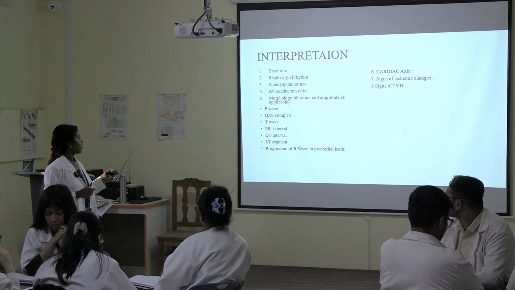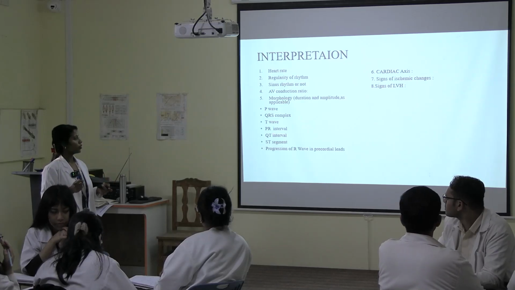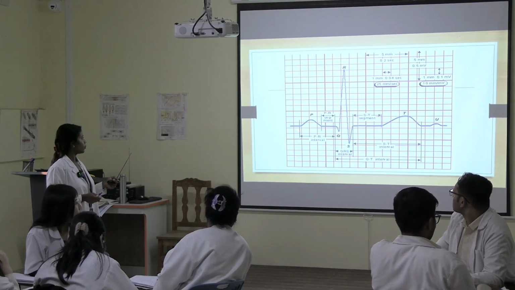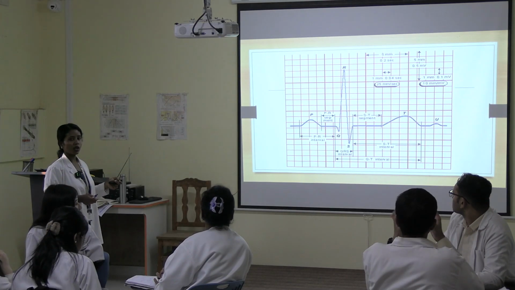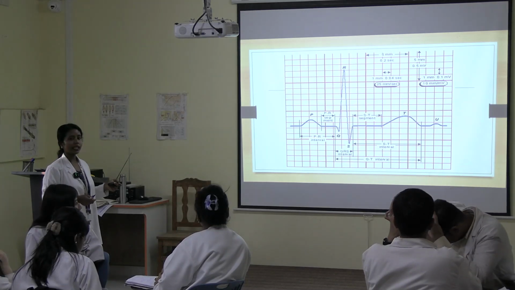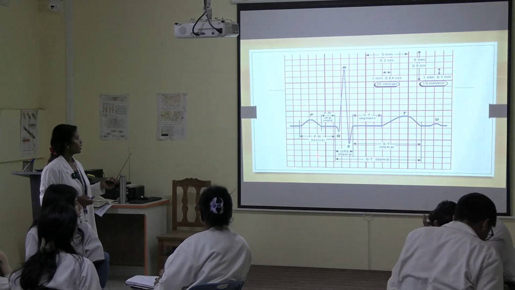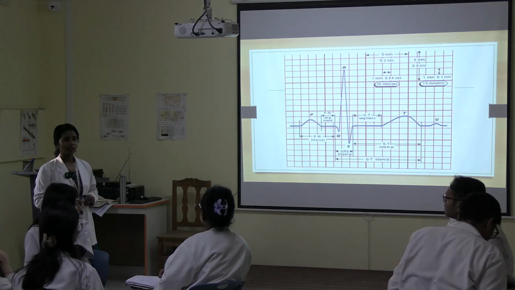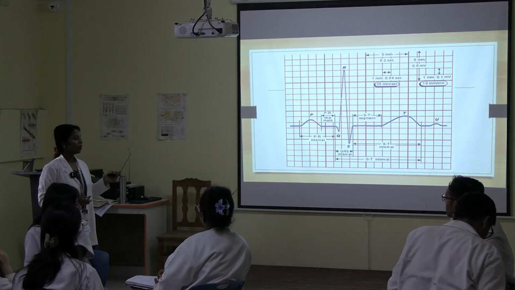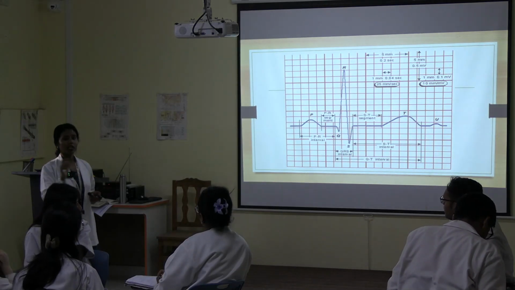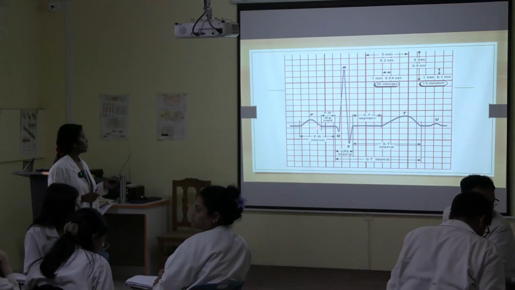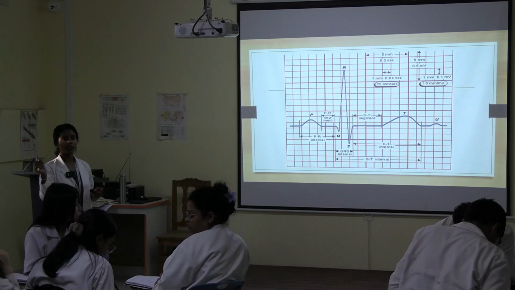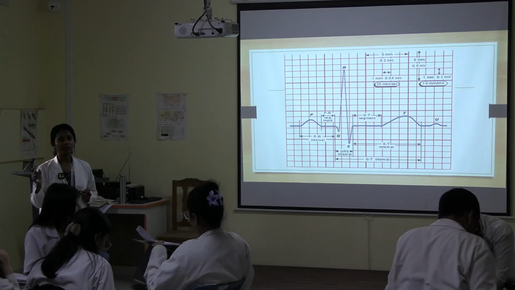Okay, T wave. Then what is PR interval? If you see the ECG graph, PR interval is the starting of P wave to the beginning of QRS complex. So what is the difference between interval and segment? Intervals include the waves, and a segment is the isoelectric line, where there is no electrical activity.